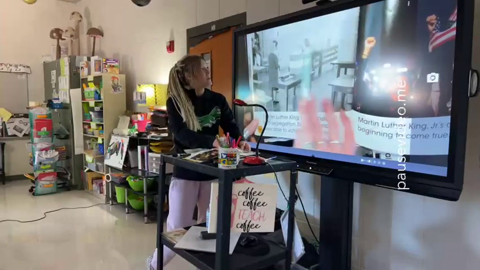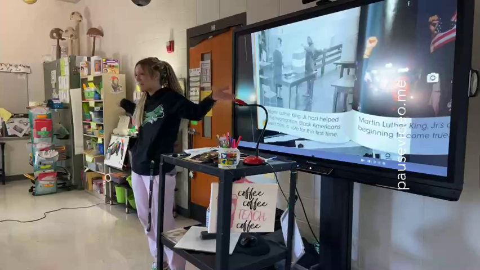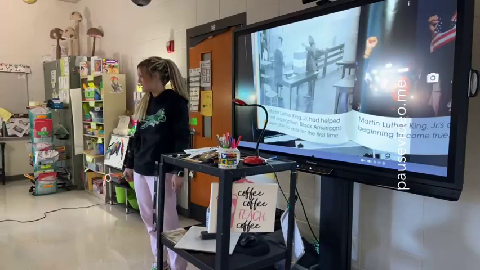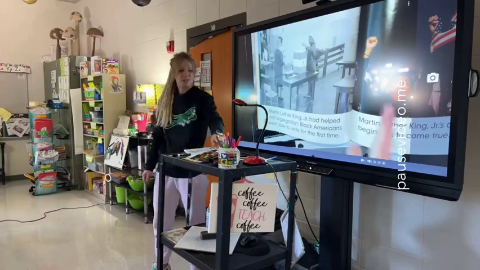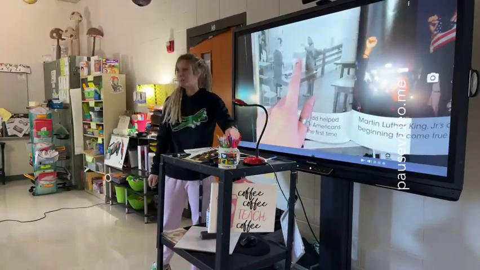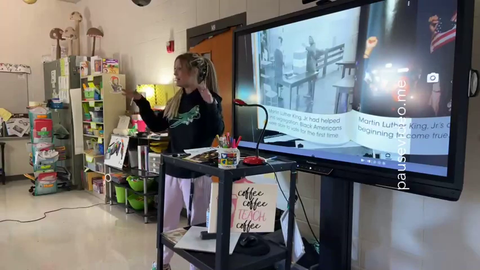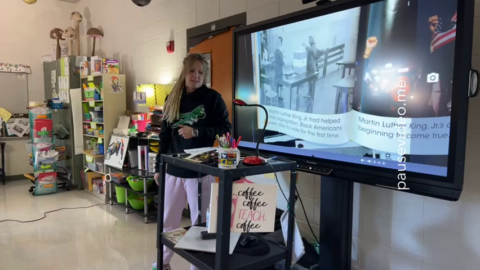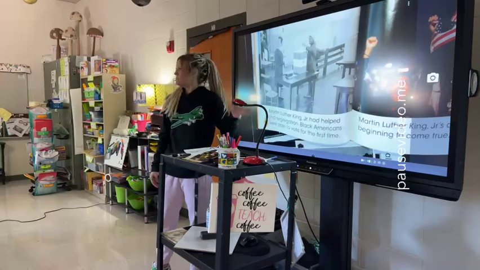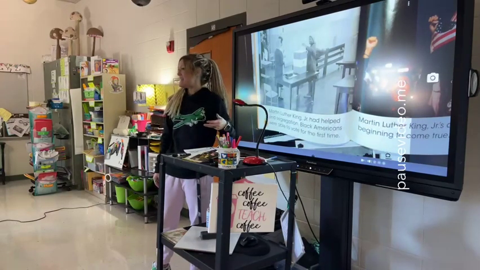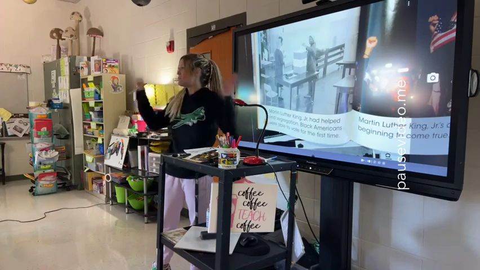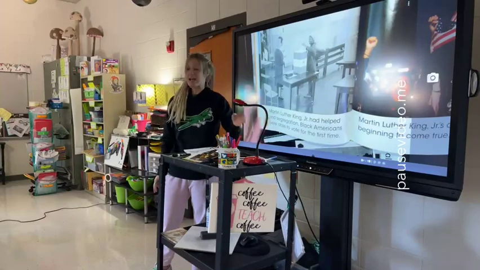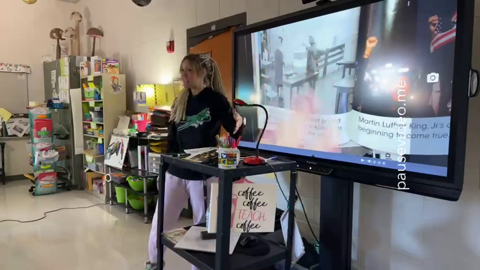So these people were segregated before he gave his speech. Blacks were not allowed to go into this place and put their vote in the ballot box. It's called a ballot box. And all day it gets filled, and then at the end of the day, they count all the votes up. So Martin Luther King Jr. helped the blacks be able to get the right to vote.